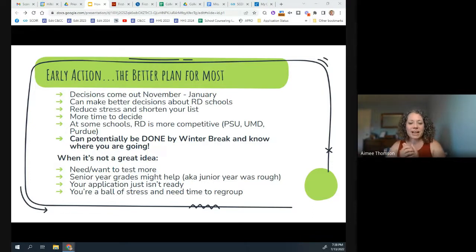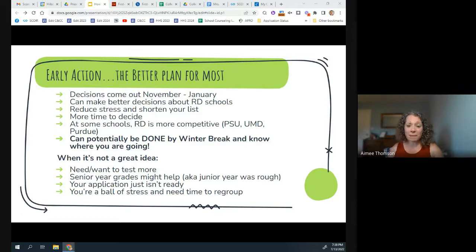Let's say you really had a really shaky junior year. Early action may not be to your benefit, because senior grades might help your application. And in that case, sometimes it's better for students to hold off, allow the first semester grades to finalize, so that way when the school is first looking at your application, they already have your senior grades on top of it. So sometimes students are worried that, you know what, if the most recent thing that they're seeing is some not so great grades, I might not even get deferred. They might just deny me early on. So maybe it's better to go regular decision.